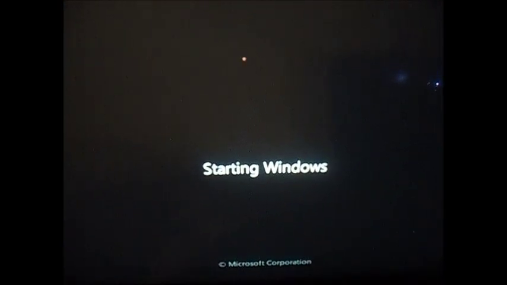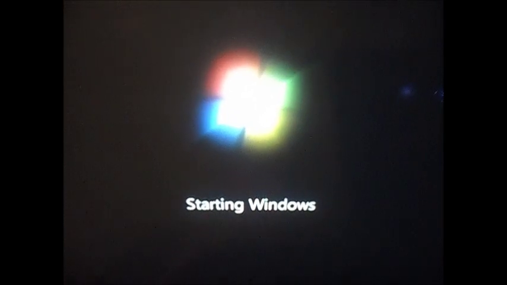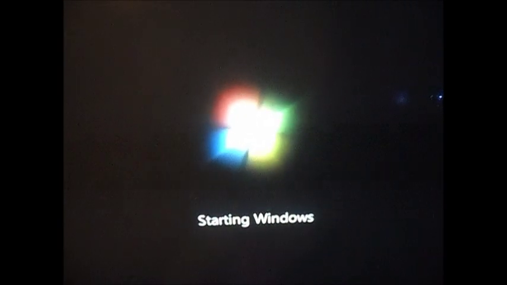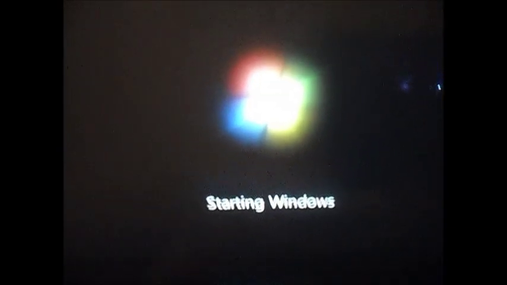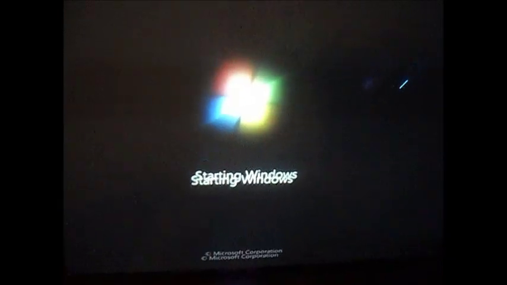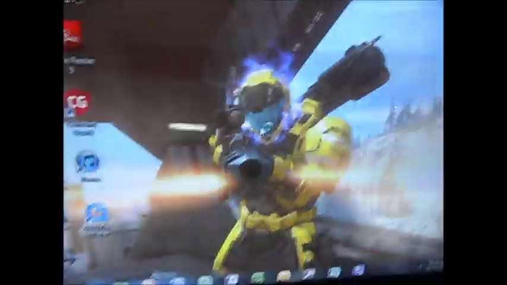See, now we're able to boot into Windows. There's no more error. What you want is for it not to recognize a Windows install after the last command. If it does recognize that, most likely you've done something wrong. I would recommend you do not try this unless you have to, or have someone with prior knowledge of repairing computers do this for you, because things can go wrong, data can be lost, and other things can happen. Okay, so